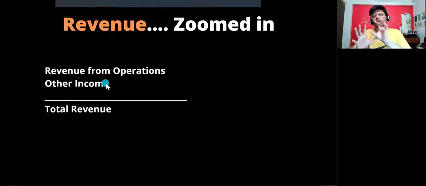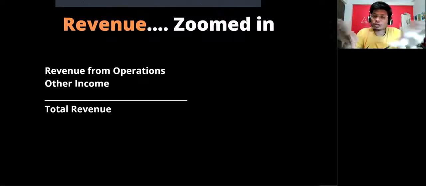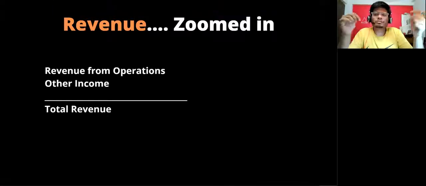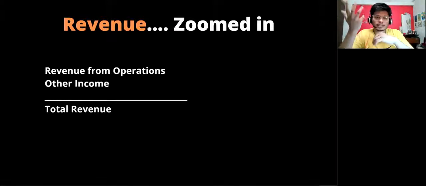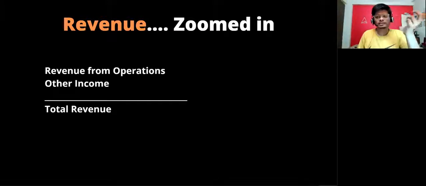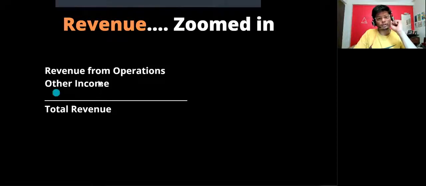Other income would be income other than that received from your ordinary course of business. Got it? So for example, any capital gain income, or any kind of rental income, where your objective is not rental income. So if your rental income is there, or interest on a loan that you have given to someone, any revenue you're getting from that, all those things are other income. Got it?